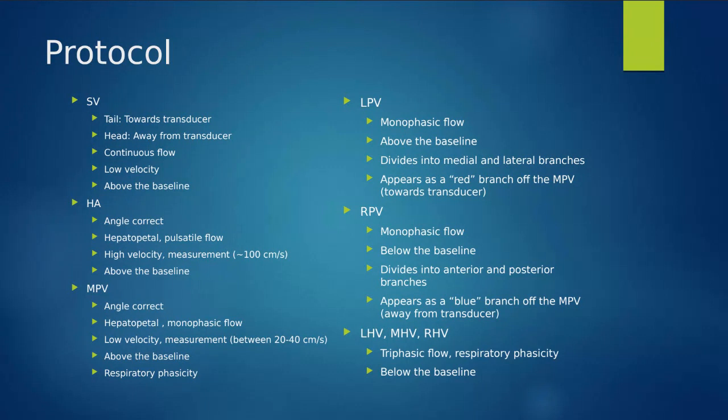So hepatopedal versus hepatofugal flow, we've already talked about this. Hepatopedal into the liver, hepatofugal out of the liver. Everything that we should be seeing at the porta hepatis should be hepatopedal flow, and the hepatic vein should show hepatofugal flow. Now, if we look at the picture, top left, this is our porta hepatis. Our portal vein appearing blue below the baseline, away from us. That means it is traveling out of the liver. That is hepatofugal flow. That is abnormal. Image on the top right, same thing. Below the baseline,